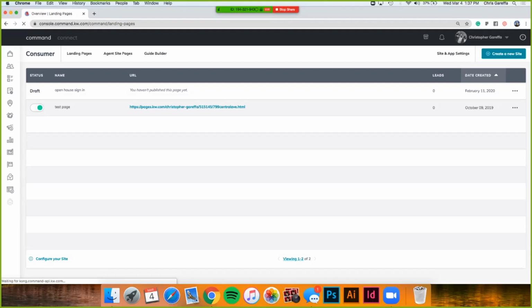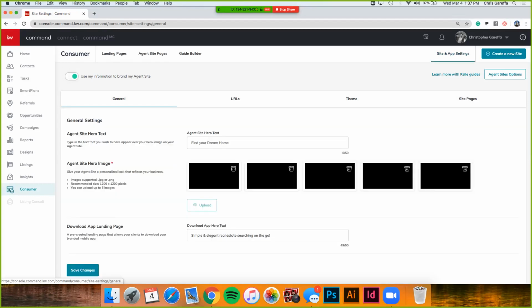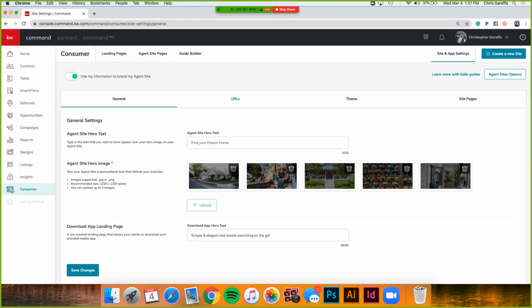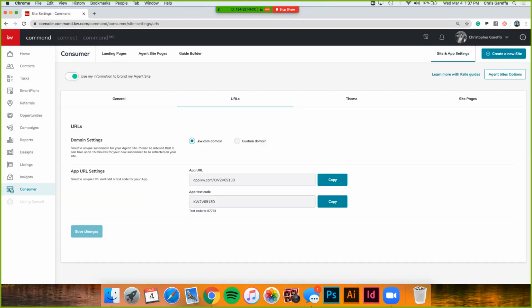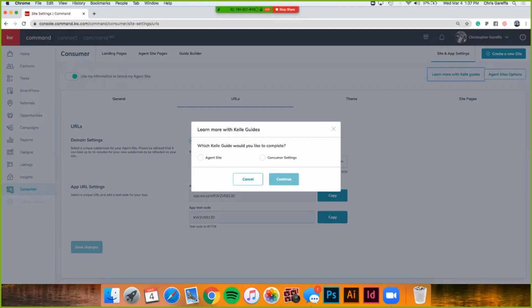Now for your website, which is also connected with your consumer experience, the website setup is essentially the same. If we go again into site and app settings back in our consumer, so we're still in consumer here. If I go into site and app settings and I go learn more with Kelly Guides, one sec. Computer gets slow around this general setting for some reason. So I'm going to go to learn more with Kelly Guides again, and then the option we didn't choose before, the only other one, is agent site. And if we hit continue,